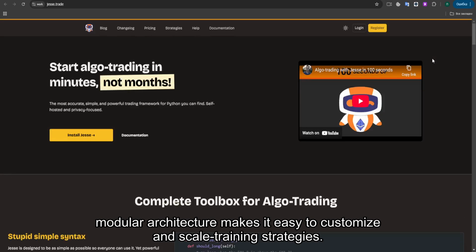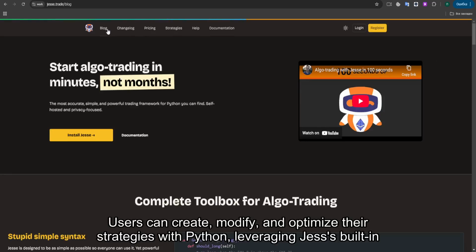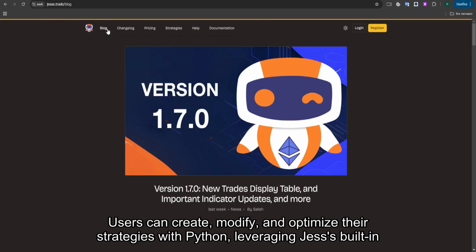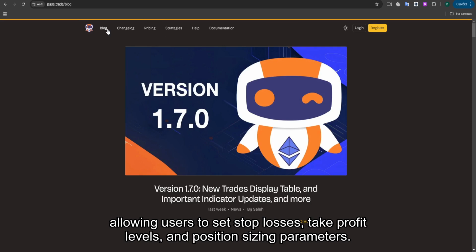Jesse's modular architecture makes it easy to customize and scale trading strategies. Users can create, modify, and optimize their strategies with Python, leveraging Jesse's built-in indicators and strategy templates. The platform also offers robust risk management tools, allowing users to set stop losses, take profit levels, and position sizing